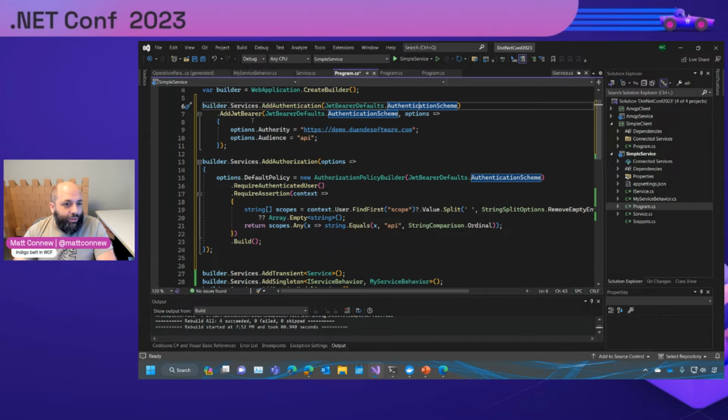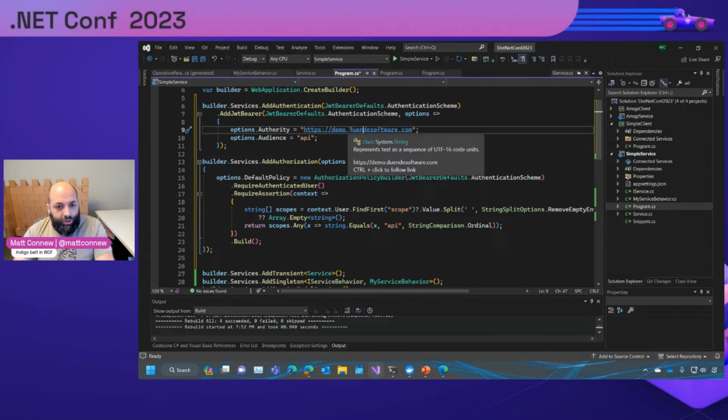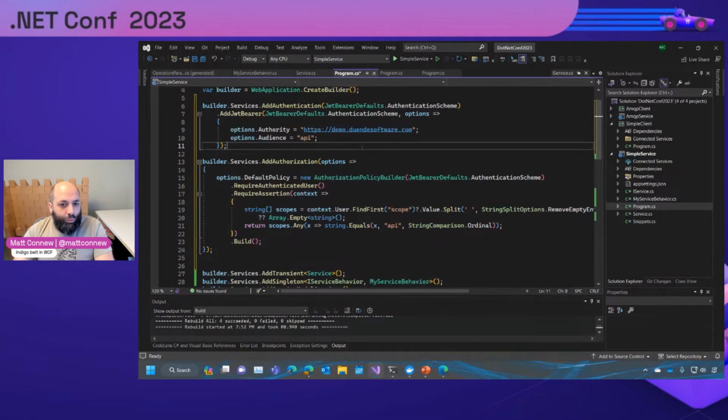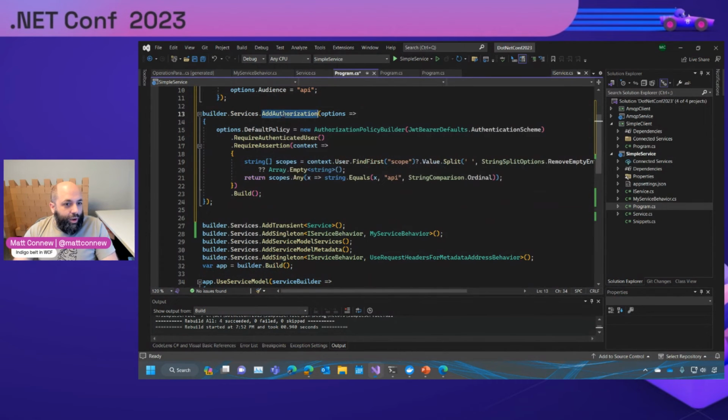And the Duende, who provide an identity server commercial product, have a demo endpoint with pre-known credentials, secrets that you can use to be able to test the scenario. So that's what I'm using here. And then when I add authorization,